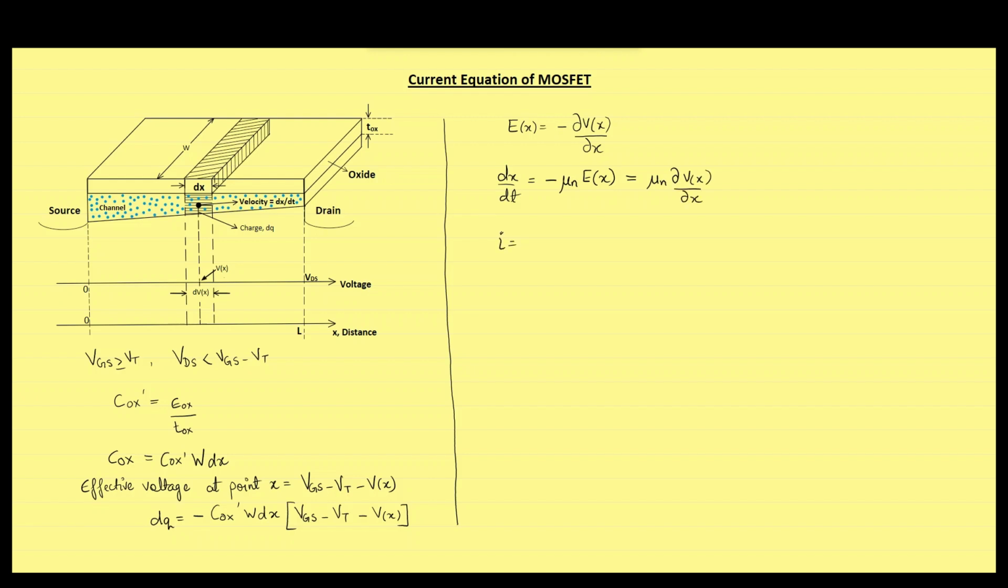We know that the current is equal to dq by dt. Slightly modifying this equation, we can get current in terms of dq by dx into dx by dt. We have dq by dx to be equal to negative of capacitance per unit area multiplied by width of the channel into effective voltage at distance x. And we also have dx by dt. By putting the value of both these parameters, we will get current equal to